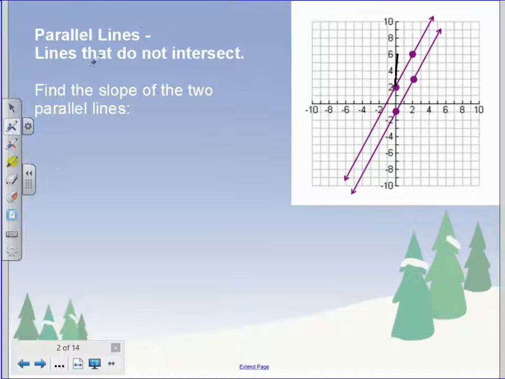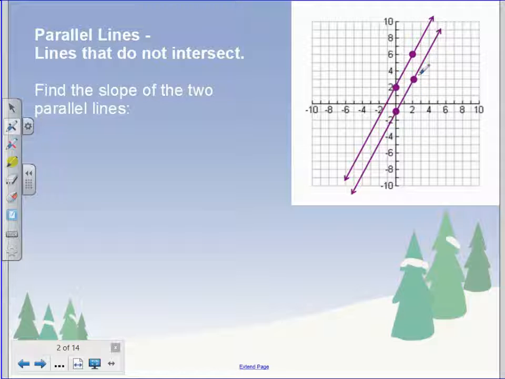Okay, today we're going to look at parallel lines. Parallel lines are lines that do not intersect. So they will go on forever in both directions out to infinity, never actually touching each other. So if you look at these two parallel lines over here, you can see that they are spaced apart from